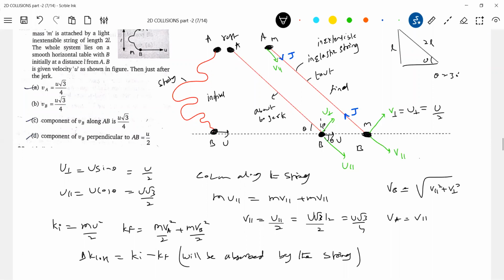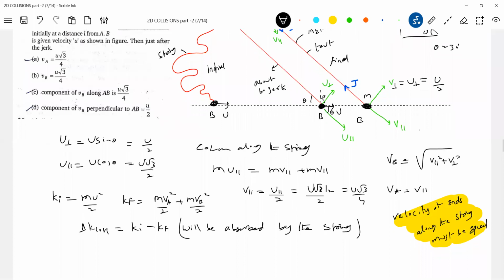Constraint equation: the velocity of the ends along the string must be equal. I'll write it in the corner here. Velocity of ends along the string must be equal. Reason for that? Inextensible, no? As the string is